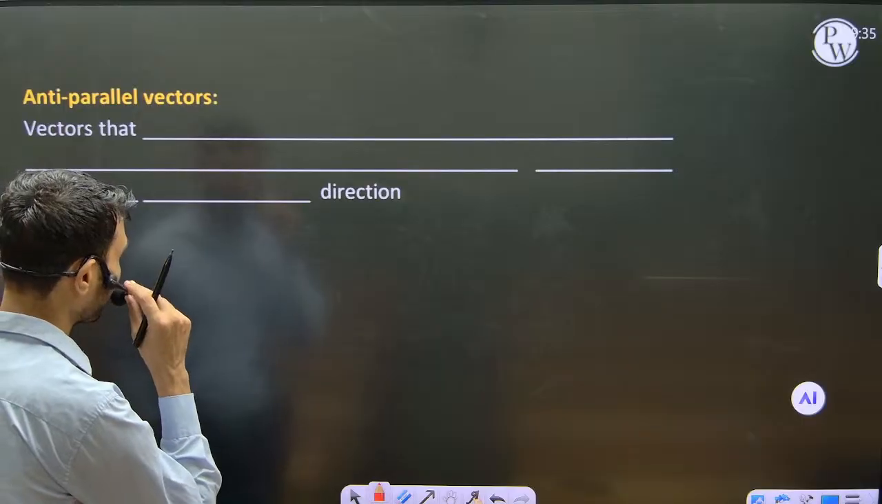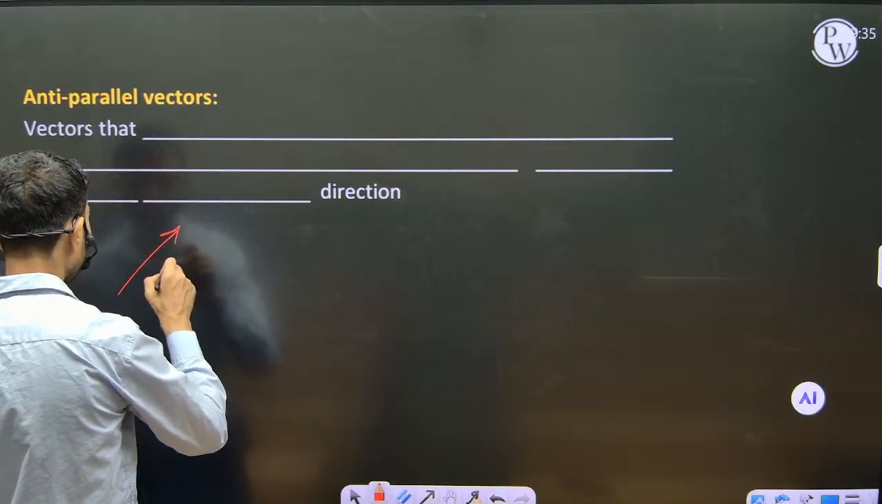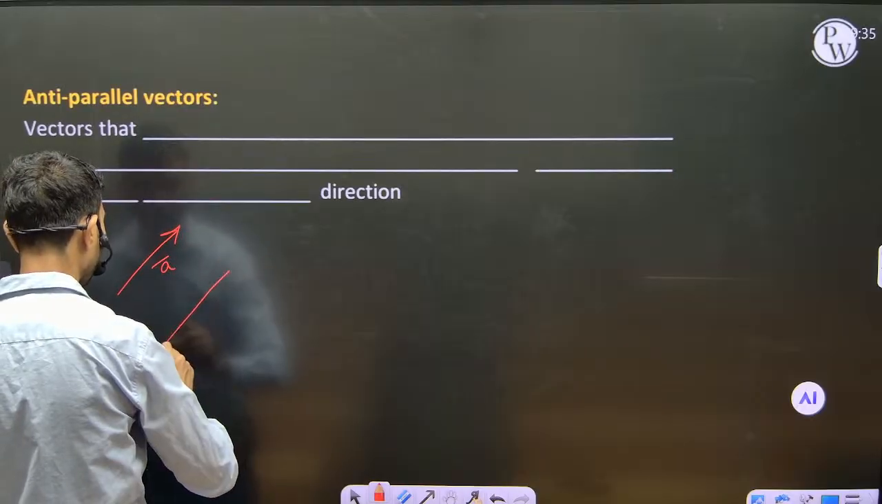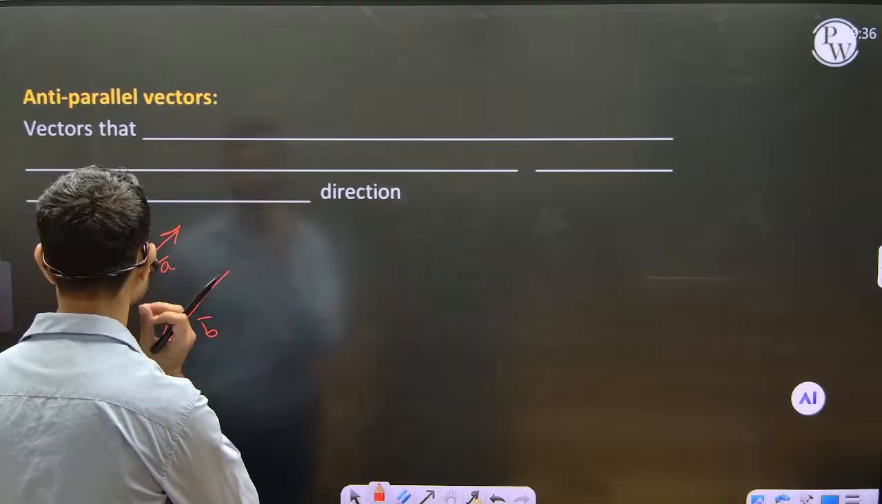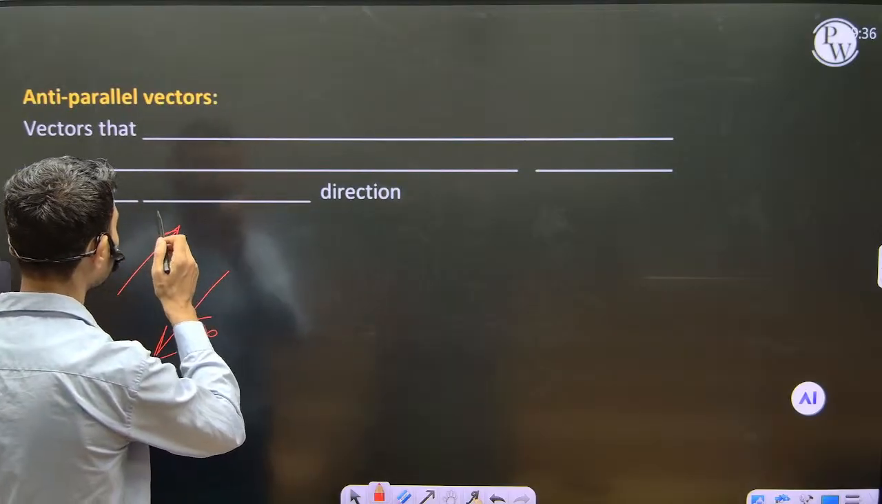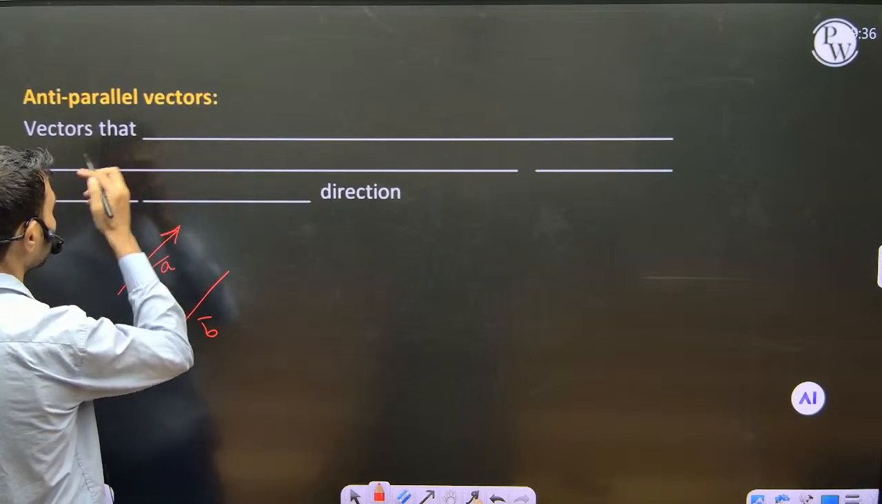Now anti-parallel vectors. What are anti-parallel vectors? If you have one vector here and the other vector pointing in the opposite direction, they are anti-parallel vectors. The anti-parallel vectors have that